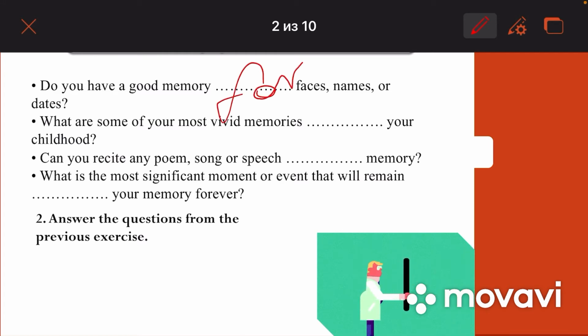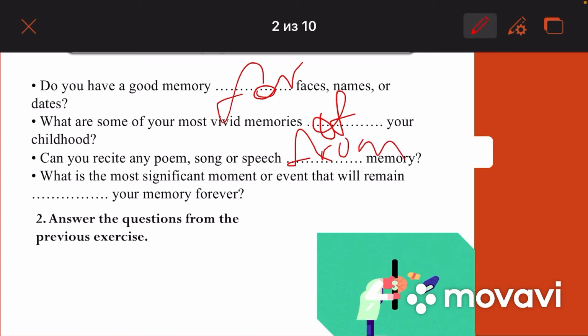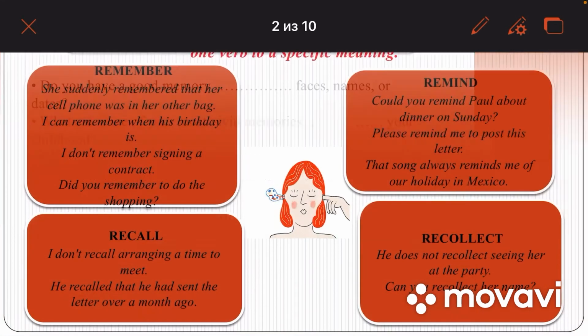What are some of your most vivid memories of your childhood? Can you recite any poem, song, or speech from memory? What is the most significant moment or event that will remain in your memory forever? So, okay, now you need to answer these questions. Okay? Next,